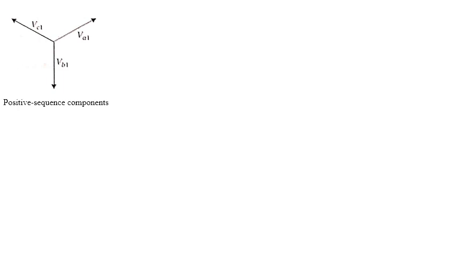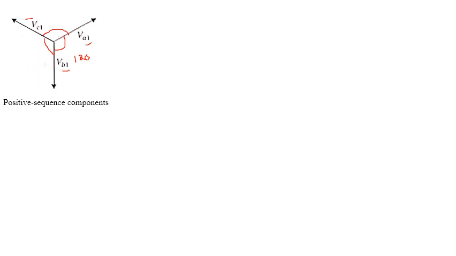Okay, so here, this is nothing but the positive sequence component. It is the same as the original one. This is VA1, this is VB1, and this is VC1. The angle difference between VA1 and VB1 is 120 degrees with each other. The same way, B to C is also 120 degrees, and C to A is also 120 degrees.